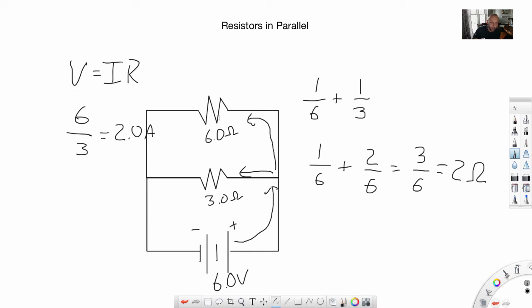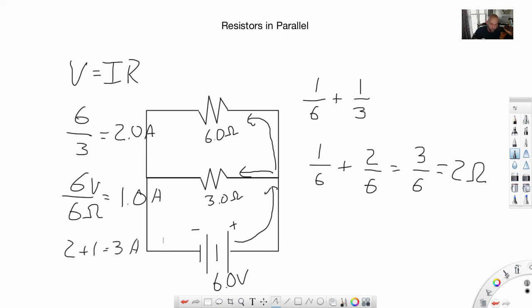And this branch up here, we've got to figure out how much is going to go there. So I have 6 divided by 6, so 6 volts divided by my 6 ohms. And that is going to be 1 amp. So this branch gets 2, this branch gets 1, and I add those 2 branches and they're going to equal 3